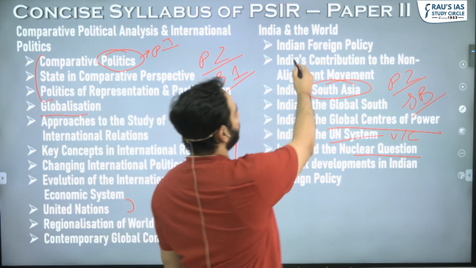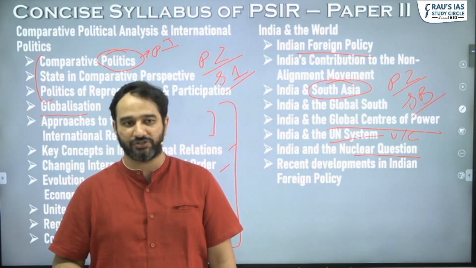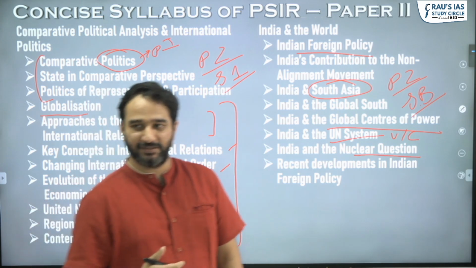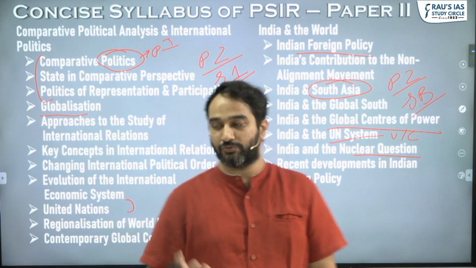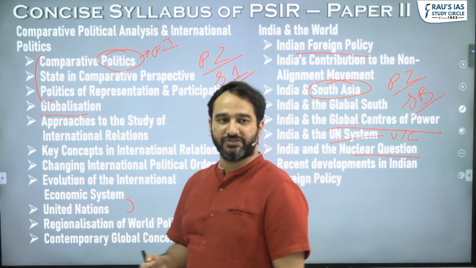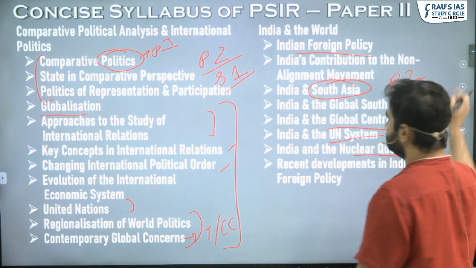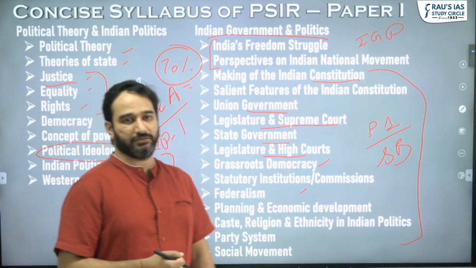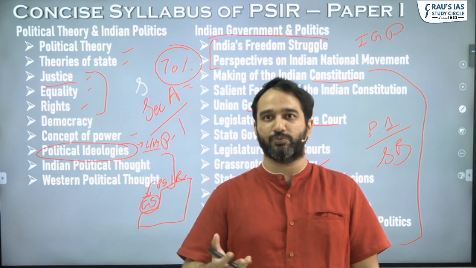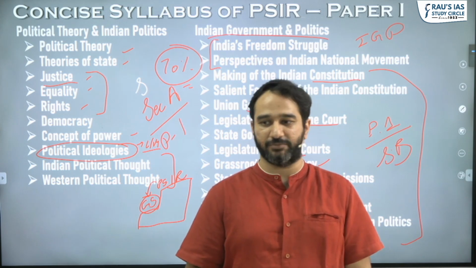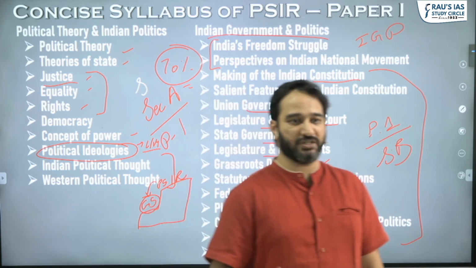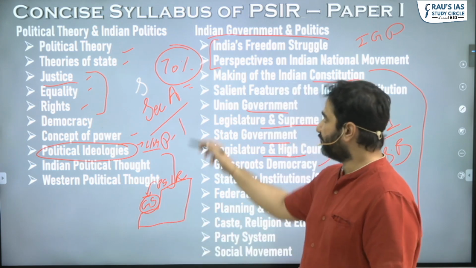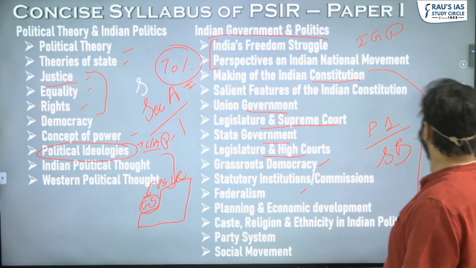Within India's foreign policy, you learn about Vasudhaiva Kutumbakam, which you have done for GS paper 2. But is it realistic? Is it pragmatic? Is it idealistic in nature? By learning theories, you'll understand Indian foreign policy better. And the same thing happens here. By learning theories, you'll understand Indian polity a lot better. And that is why political science was the actual exam on which the civil service examination was conducted. If you look at the syllabus even today, a large portion of it, 70%, is completely overlapping with GS.